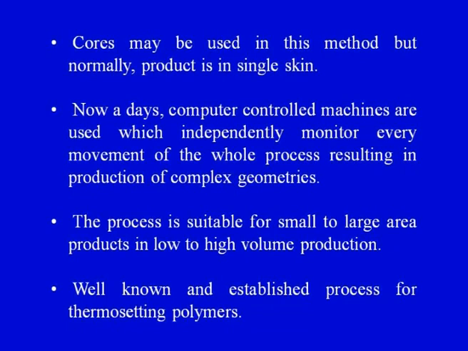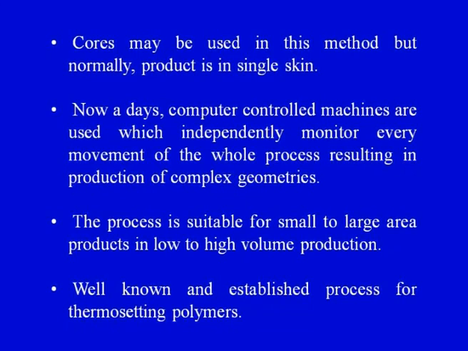Cores may be used in the method, but normally the product is in single skin. So, we can have the cores, as the cores is a very common term in casting. The cores can also be used in making the composite products, but usually these filament wound products are produced in the single skin mode only, that it will have a uniform thickness and cores may not be used in the filament wound products. Nowadays, computer controlled machines are used which independently monitor every movement of the whole process, resulting